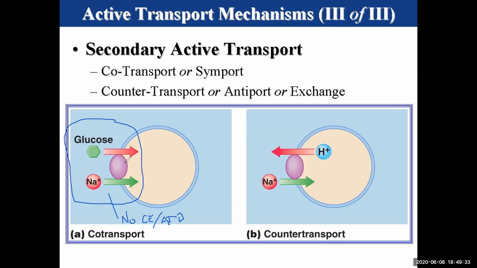So this transporter, the sodium glucose transporter, transports sodium down its concentration gradient. But glucose gets a free ride. Not only that, glucose goes against its concentration gradient. Inside the cell, the concentration of glucose is higher than outside, yet glucose still gets in because that glucose is required by cells. So there's no cellular energy required for this step, but